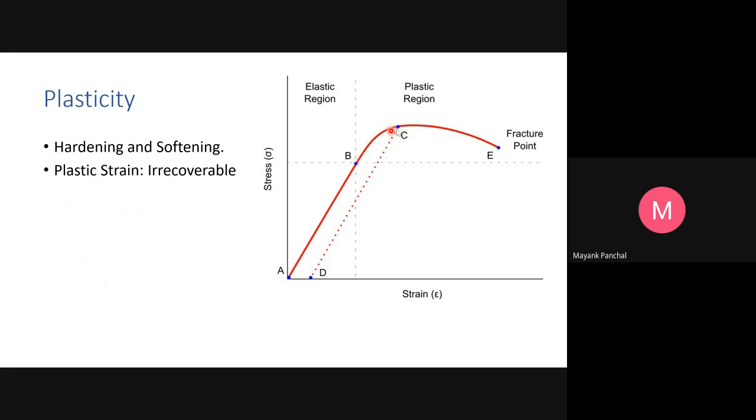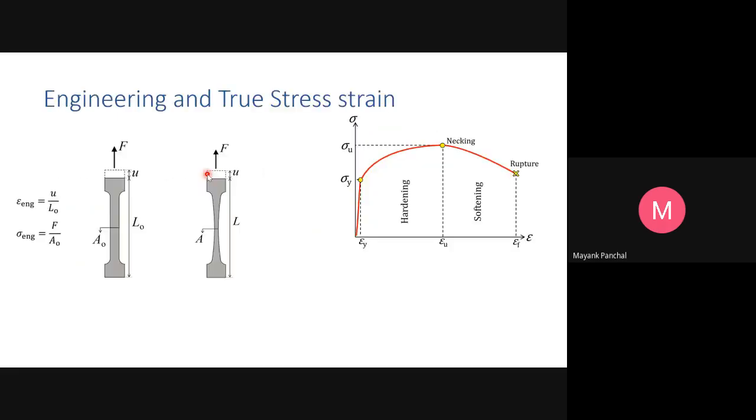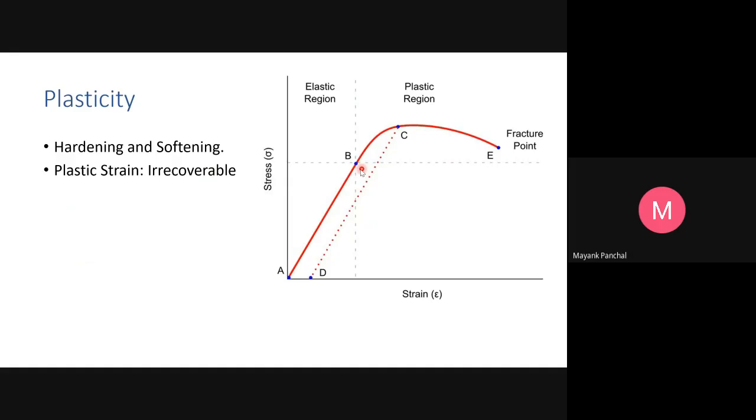If you go from B to C, then unload, you will get AD. It will not come back to its exact initial position; it will come to D. So AD will be the irrecoverable plastic strain. In concrete, once you cross the yield limit, very soon you'll see hardening, softening, and